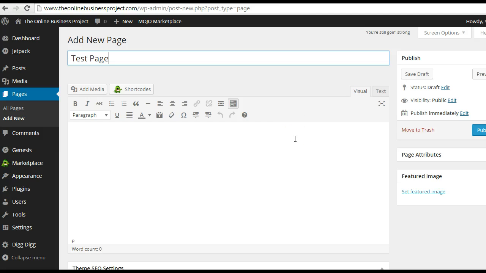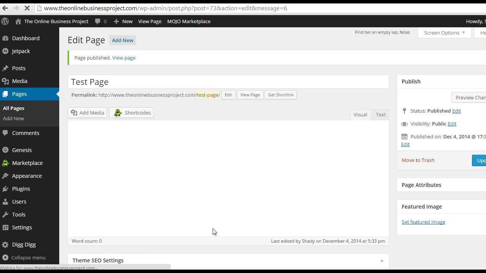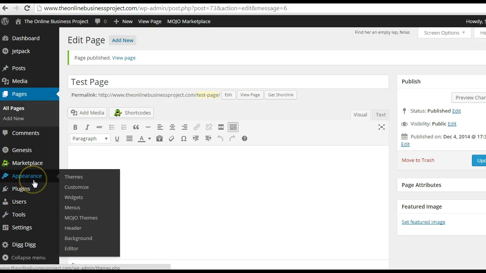And right here, okay, I'm gonna hit publish just to show you. And then we're gonna go ahead and create pages and the navigation. So we're gonna go to the appearance, okay, menus,